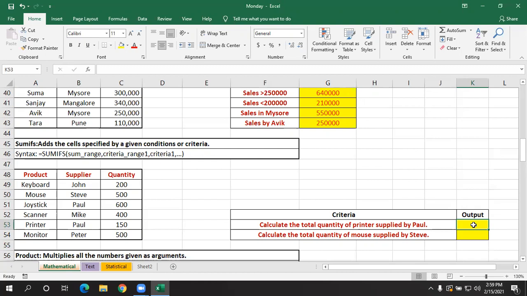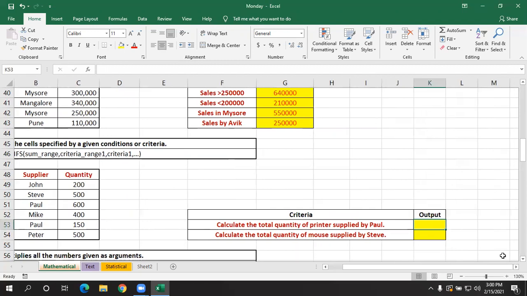My condition is I want to know the total quantity of printers supplied by Paul. We have two conditions here. What are they? A printer, and it should be supplied by which person? Paul. So here we have to use equals SUMIFS.